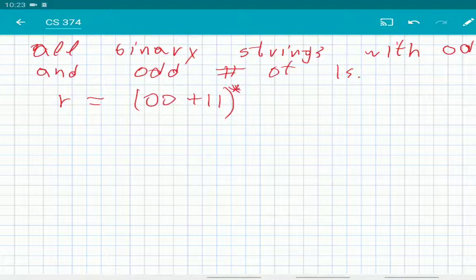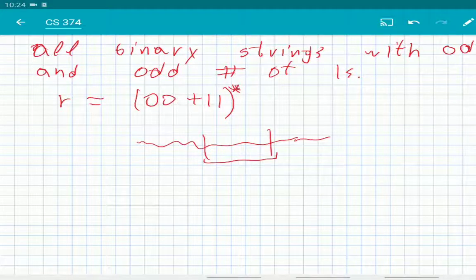So R is just going to be this expression that matches any even run of zeros or ones, alternatingly. If we have a string that meets our requirement and there is a portion of it that matches R, we can just remove it from consideration. So R is kind of a default filler. Now the important thing is that if I give you a binary string that has the desired property,